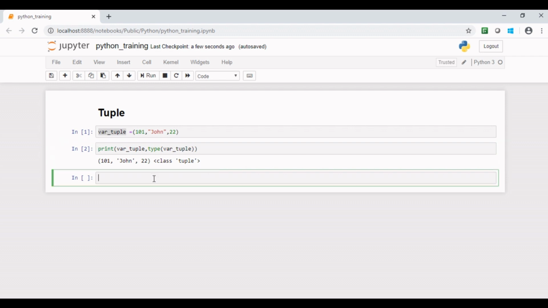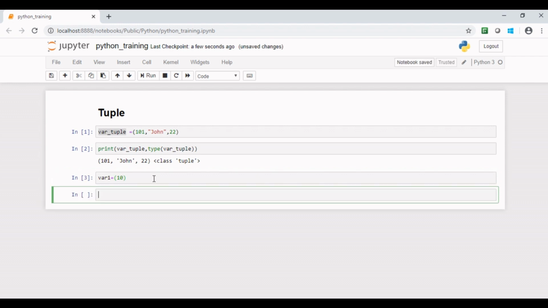If I declare a variable, say var1, like this, I have put it in small brackets but without any comma. Now let me check its data type.